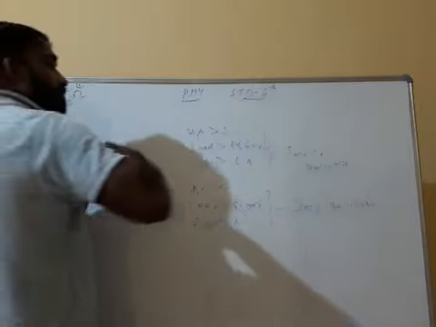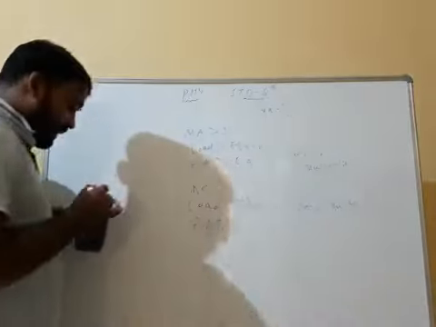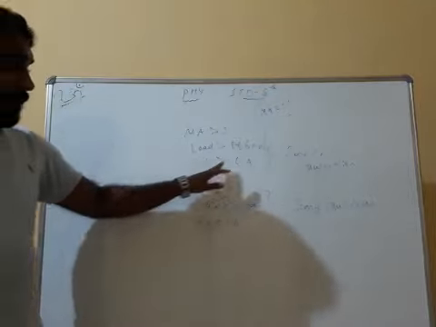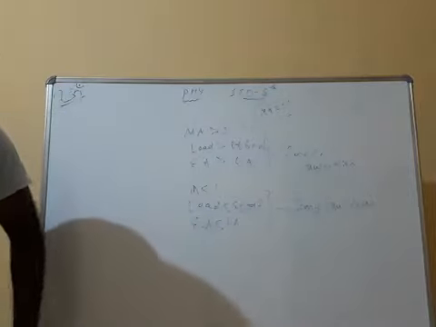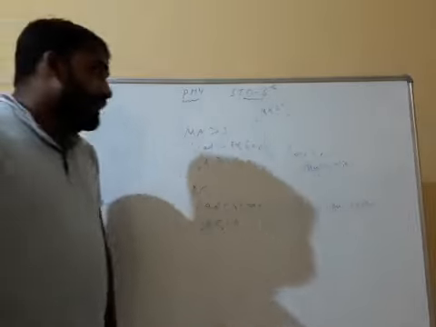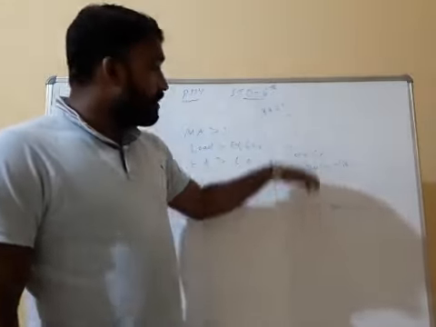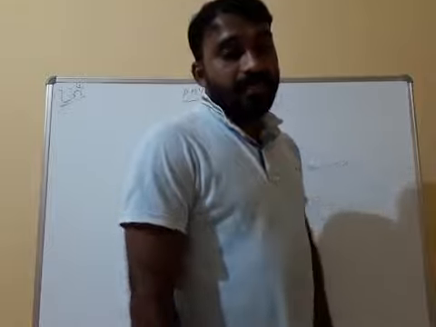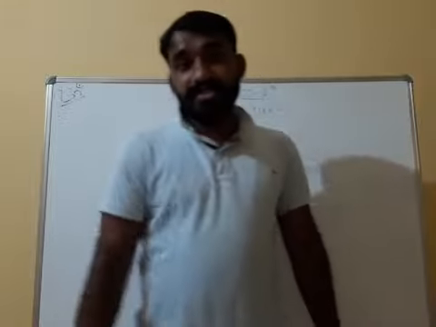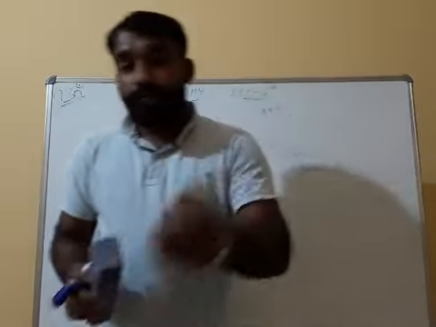If mechanical advantage is equal to 1, it means load is equal to effort, effort arm is equal to load arm. In this case, it is only used to change the direction of force applied. See, in the first case force multiplier, second case speed multiplier, but in the third case you can change only the direction of force applied, like a seesaw. You can change only the direction of force applied.